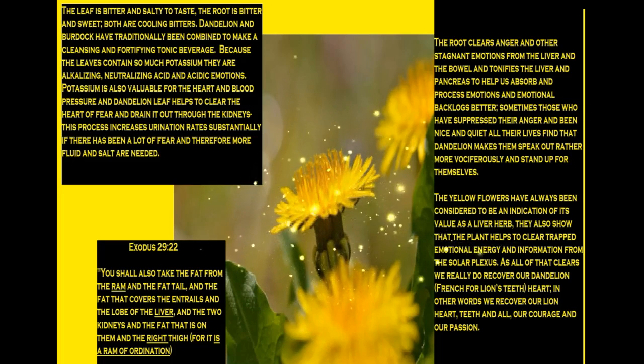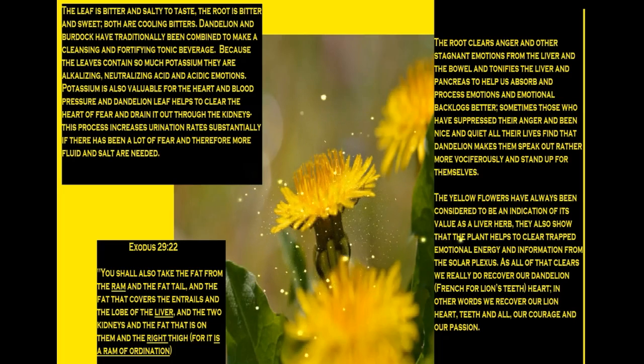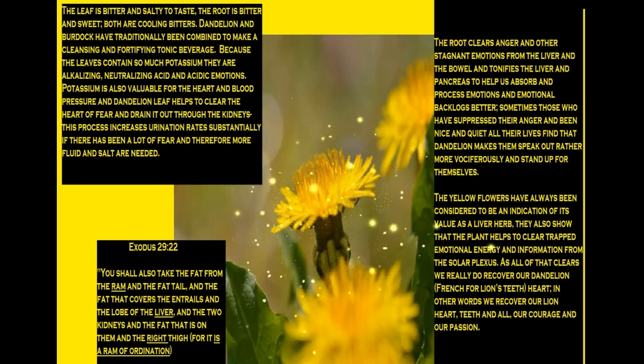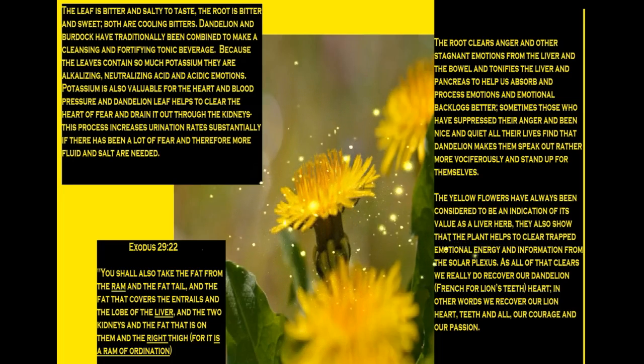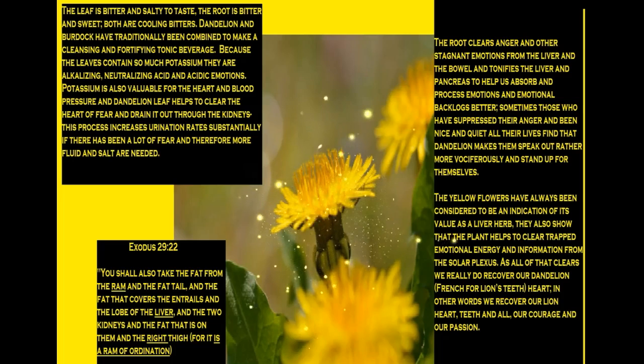This, you guys, I have to say, made me feel so good when I finally figured out that the solar plexus is the ram, and that's what needs to be sacrificed. Your willpower, thine will be done and not mine. So that's the lamb that needs to be sacrificed, or the ram that needs to be sacrificed. And this made me feel so good, because I tell you,